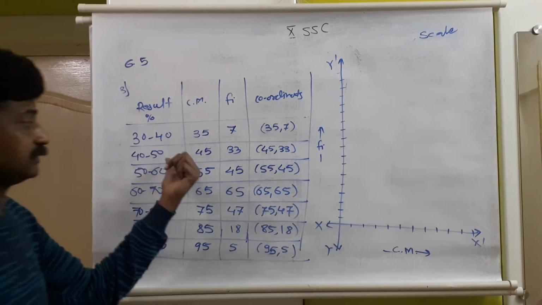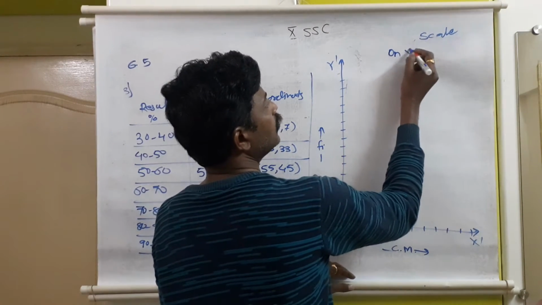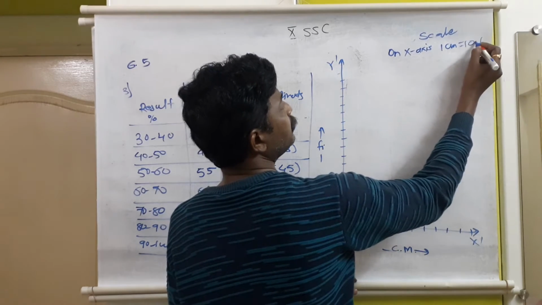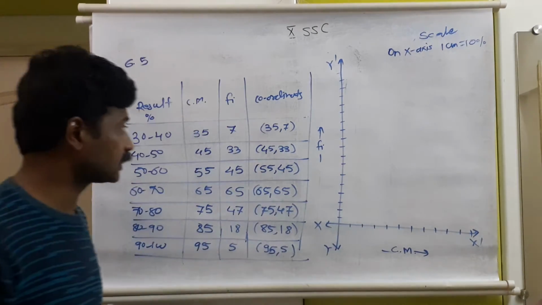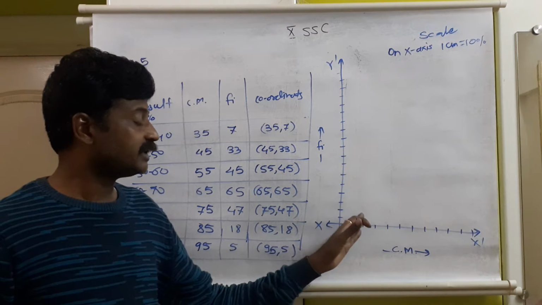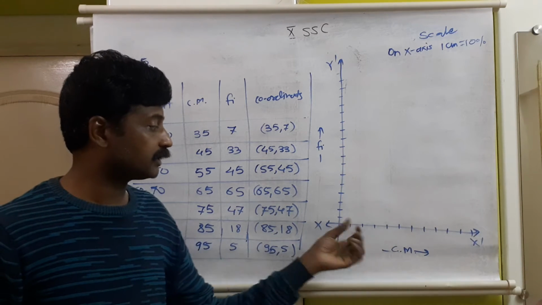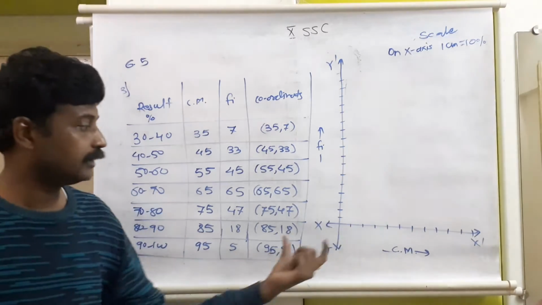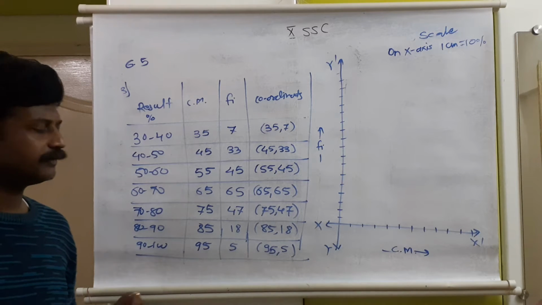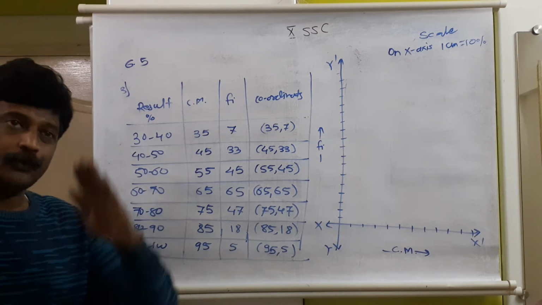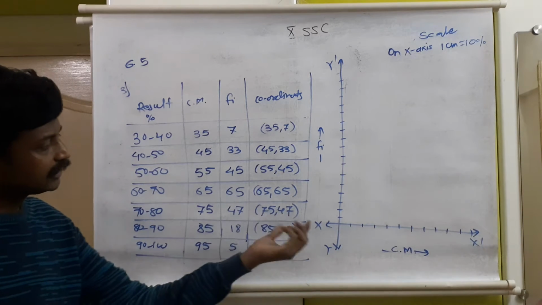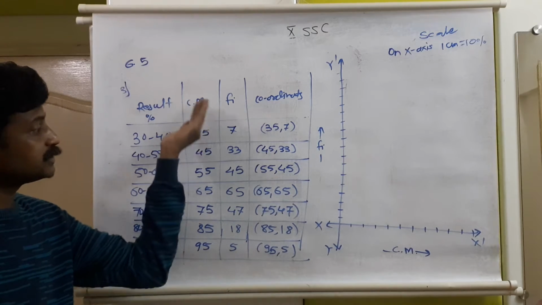And what is this, percentage? So on the x-axis, 1 centimeter is equal to 10 percent. Now with what will we start? We need 35. If we start with 0, what will happen? 10, then 20, 30, 40. So 0 to 35 means the first 3 to 4 classes are not of use. So can we use a kink sign? Or, because it is a frequency polygon, we need to close the graph also. As we need to close it, we need one class before this, which means 25 is also needed.